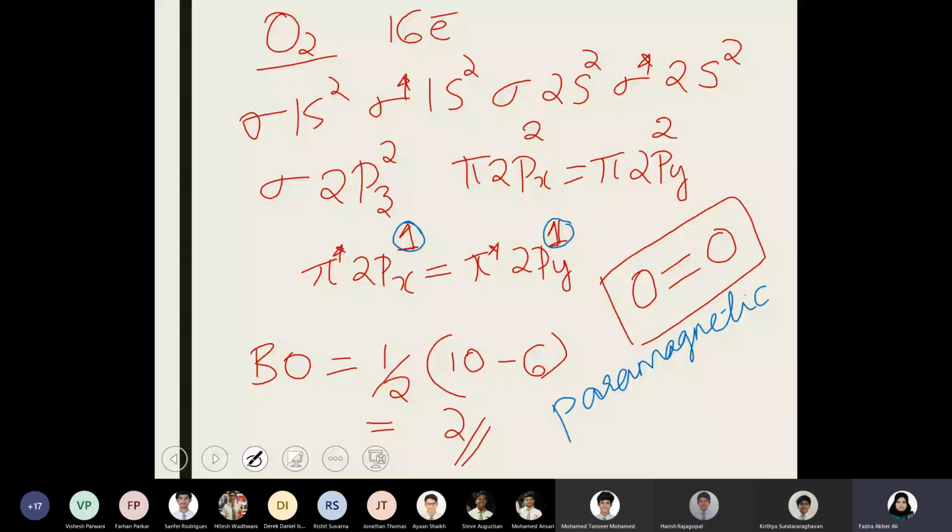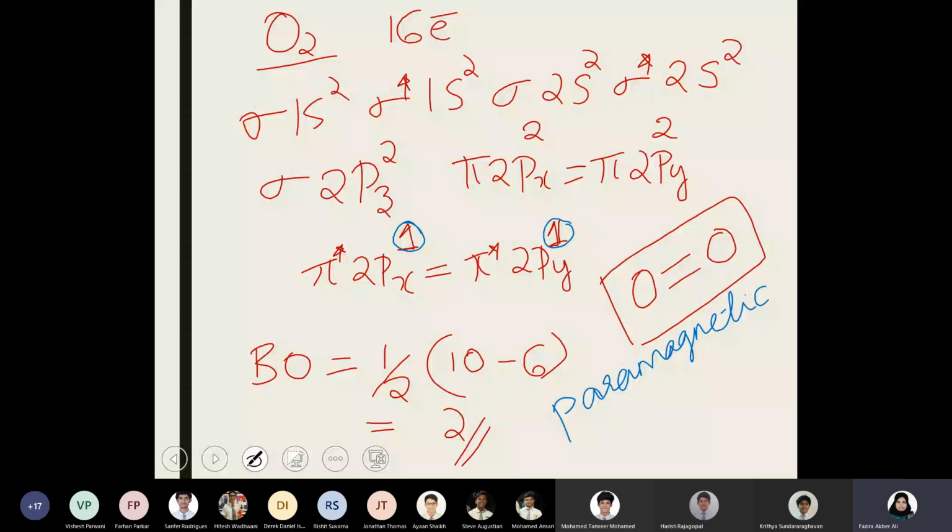So this is how you will be doing any question asked in the exam. The first thing you need to know is that the order for elements till nitrogen is different from the order for oxygen and other elements. So sigma 2pz is coming before pi 2px and pi 2py for oxygen and above. That is one point to be noted. Secondly, when it is pi 2px, pi 2py or pi star 2px, pi star 2py, they should undergo half filling before they go for pairing up. That is the second point.